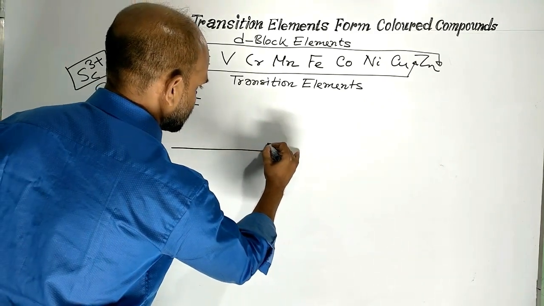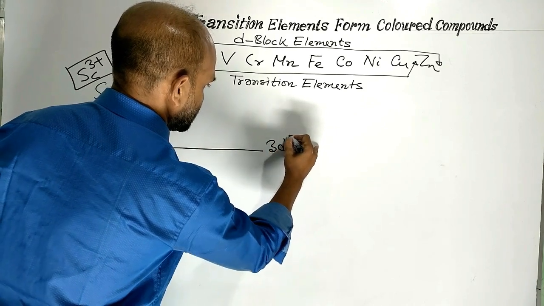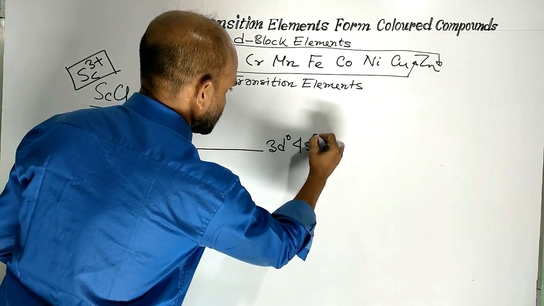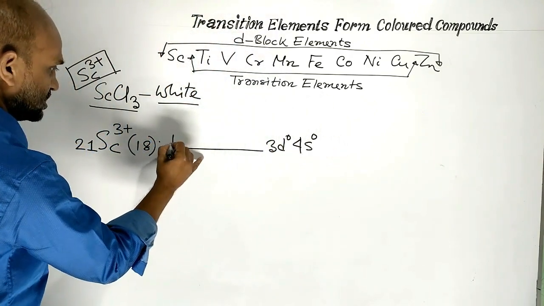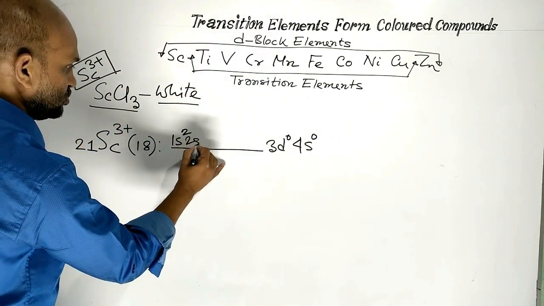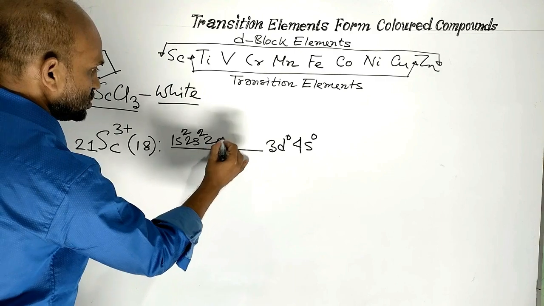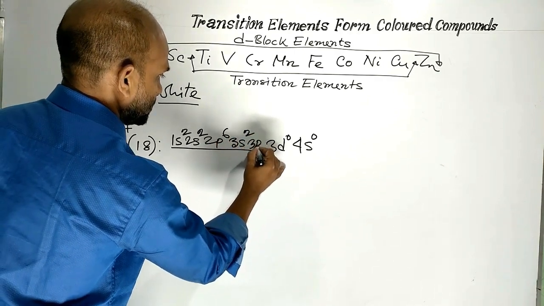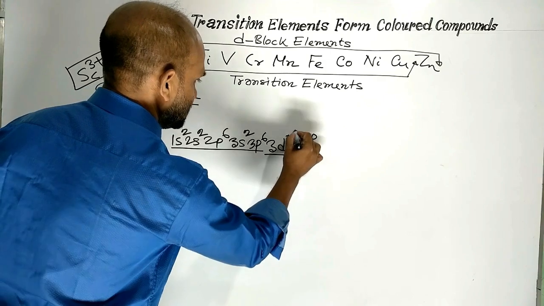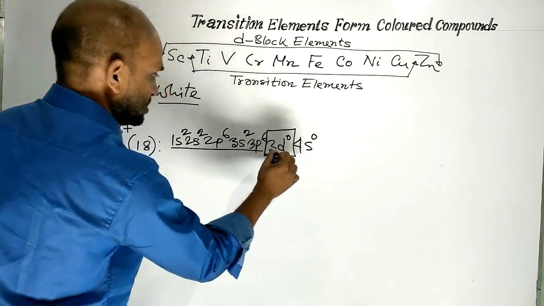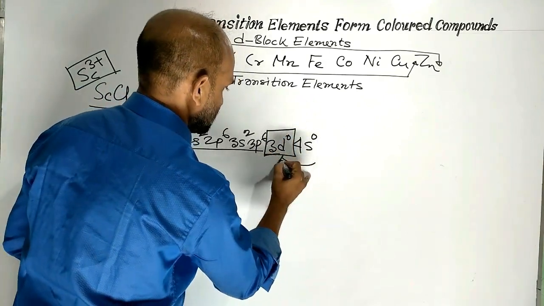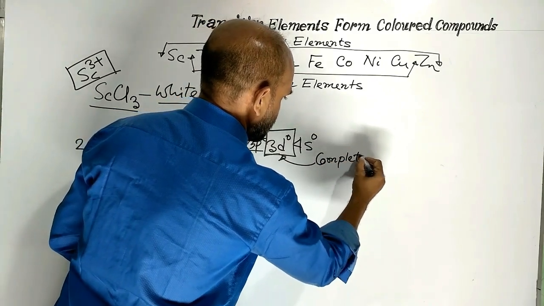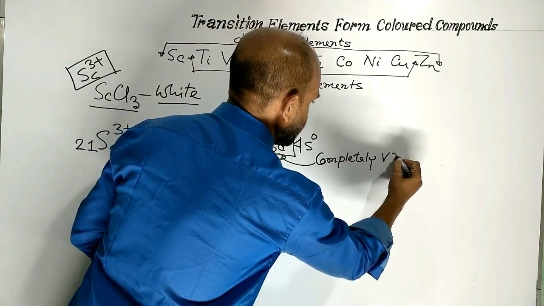Electronic configuration 3d0, 4s0. Here 1s2, 2s2, 2p6, 3s2, 3p6. The d orbital is completely vacant,